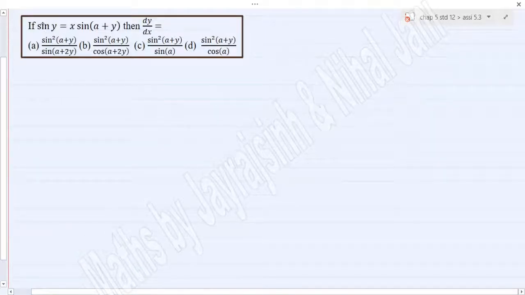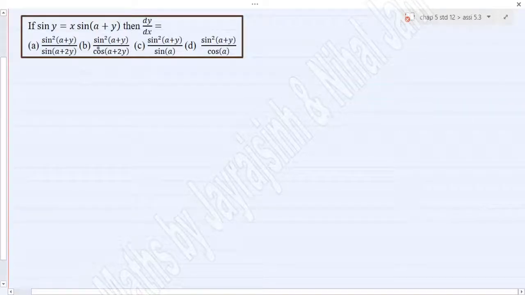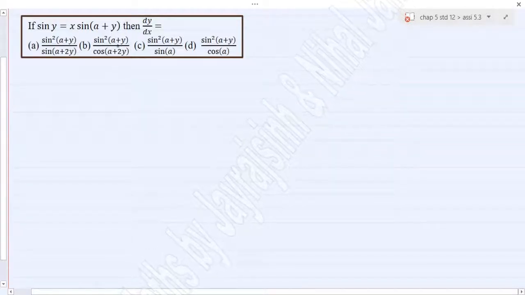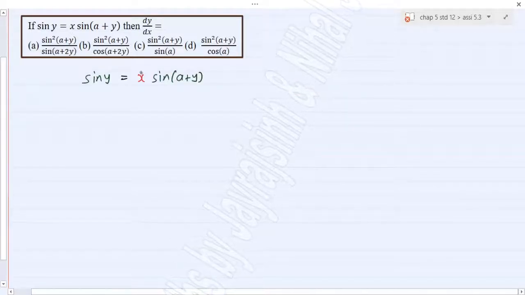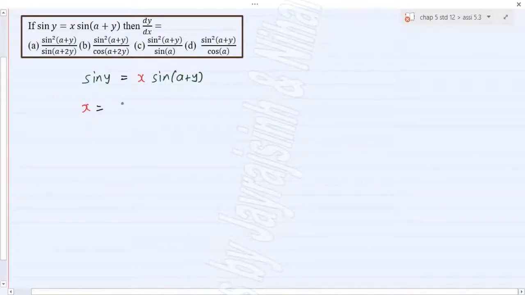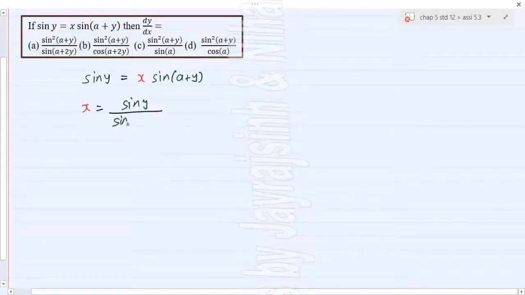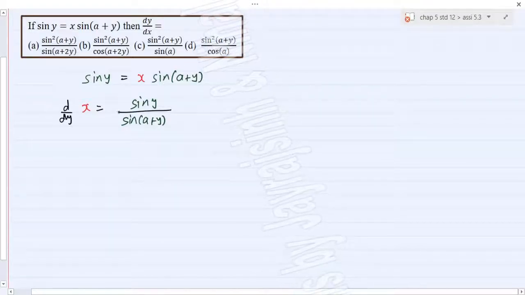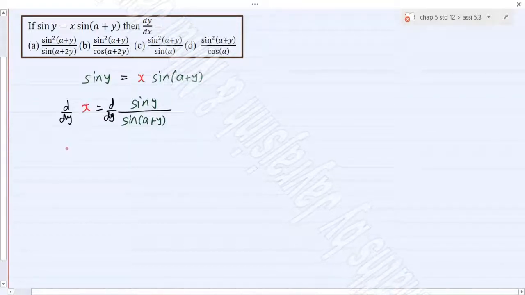Here we have sin y is equal to x sin a plus y, and we have to find dy by dx. And from options, we can say dy by dx is purely a function of y. So somehow we have to eliminate x. And for that, we have to make x the subject. So we'll get x is equal to sin y upon sin a plus y. And differentiate the whole equation with respect to y on both sides. So on left side, we will get dx by dy,